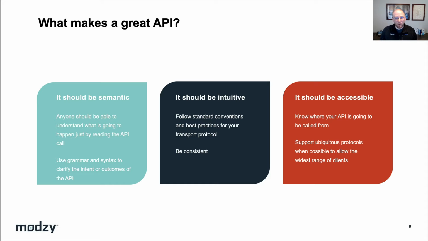We all know that our programs are compiled down to machine code and become a bunch of ones and zeros, but unless you're a bad TV movie hacker, you're probably writing your program using meaningful words for your functions, variables, etc. So the first quality of a great API is that it should be semantic, which means that a mildly knowledgeable person should be able to read your API and have a pretty good idea about what it does and how to use it. This means that you use language to provide hints and clues about how it works and what information a user of your API would need to use it successfully.